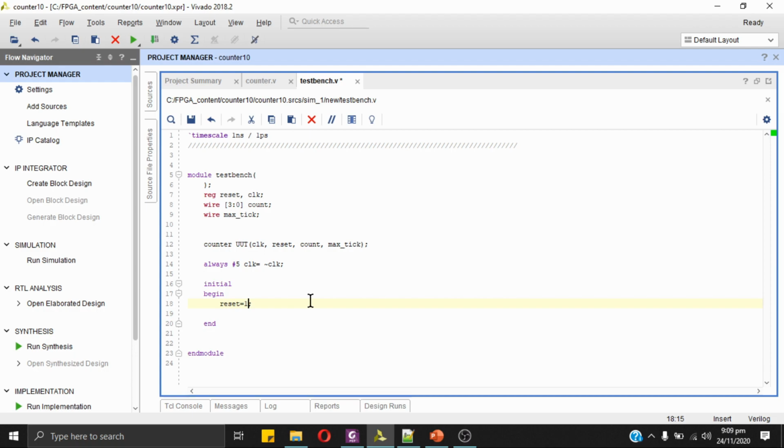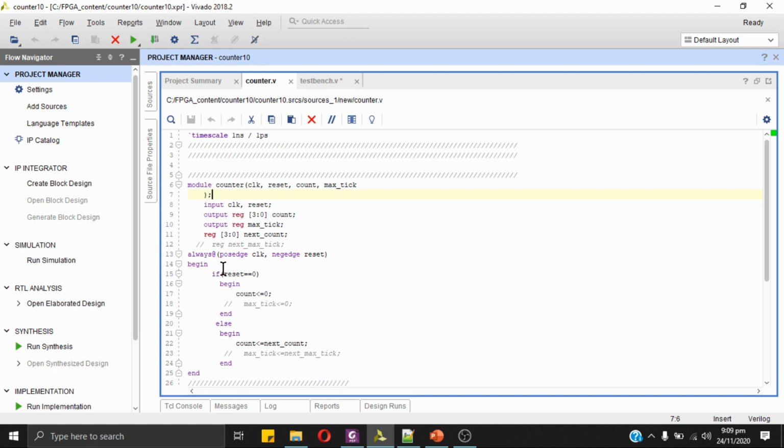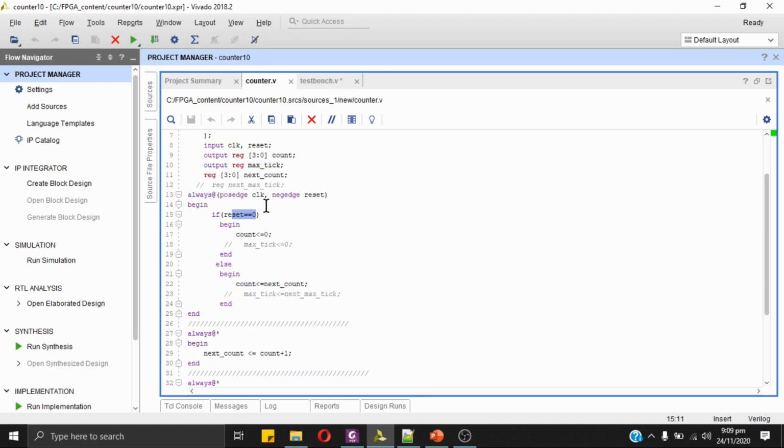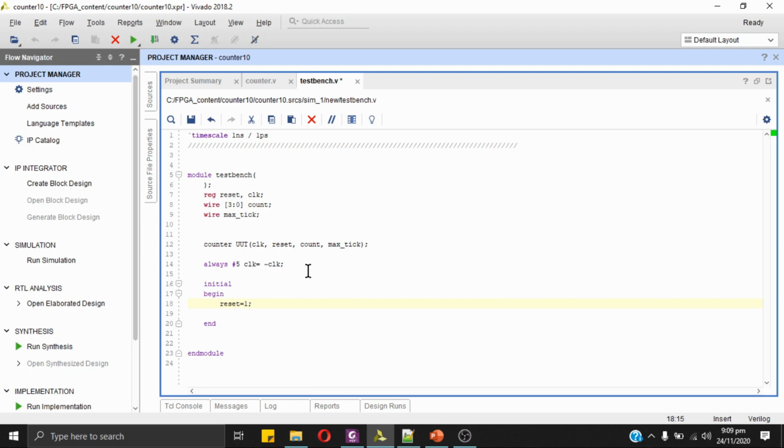So a negative edge triggered pulse will be provided to the reset. As we can see, you can see negedge of reset. To provide the reset, we will first keep the reset at 1, high. After 10 time units, for example, reset goes to 0. So a 1 to 0 transition, a negative pulse, will be provided to the system.